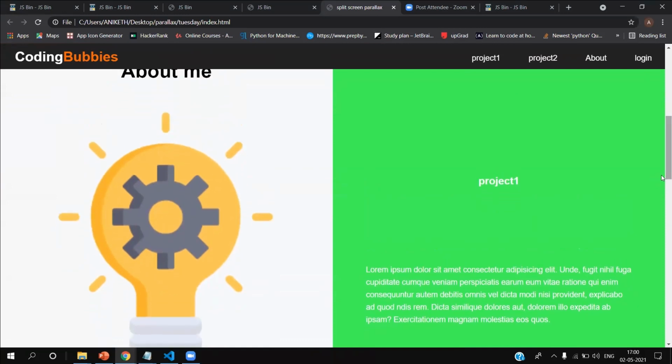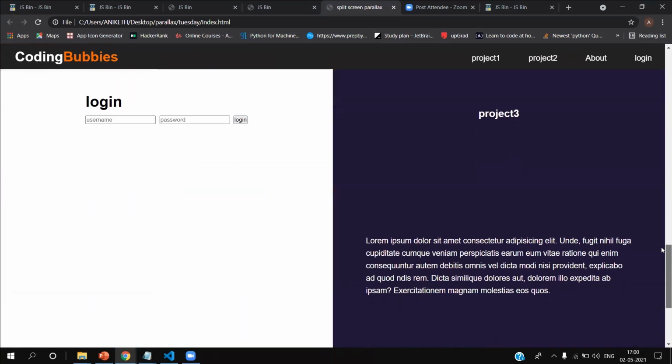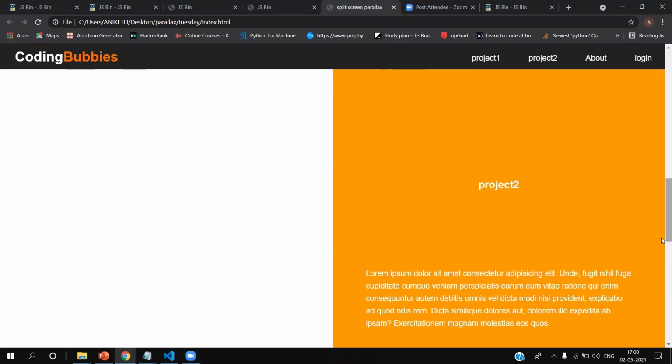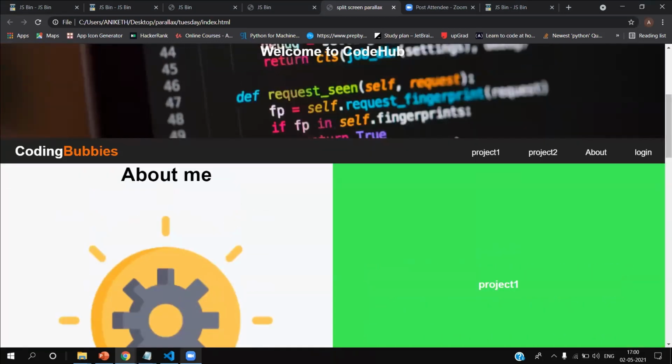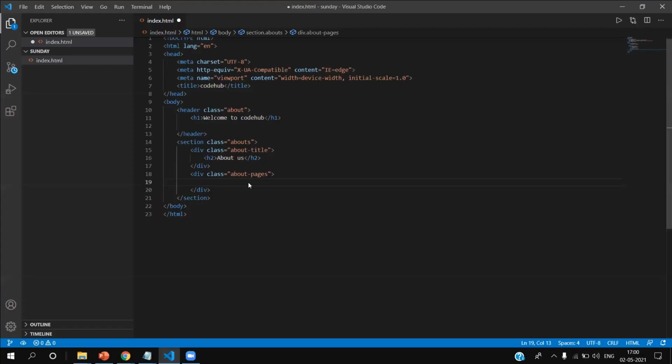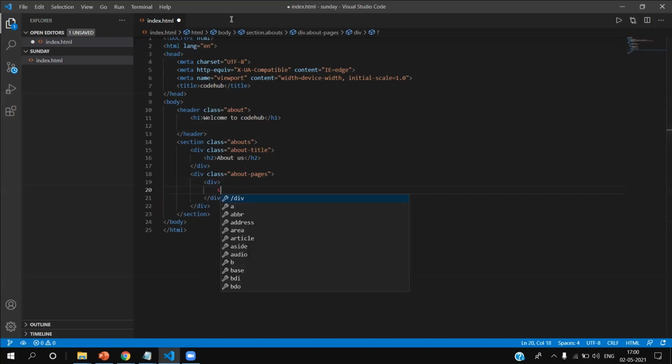And this project 1, project 2, project 3, all comes under about pages. In about pages, I'll create another div. I will not give any name to it. With h2, I'll use the h2 heading tag, and now I'll give project 1.